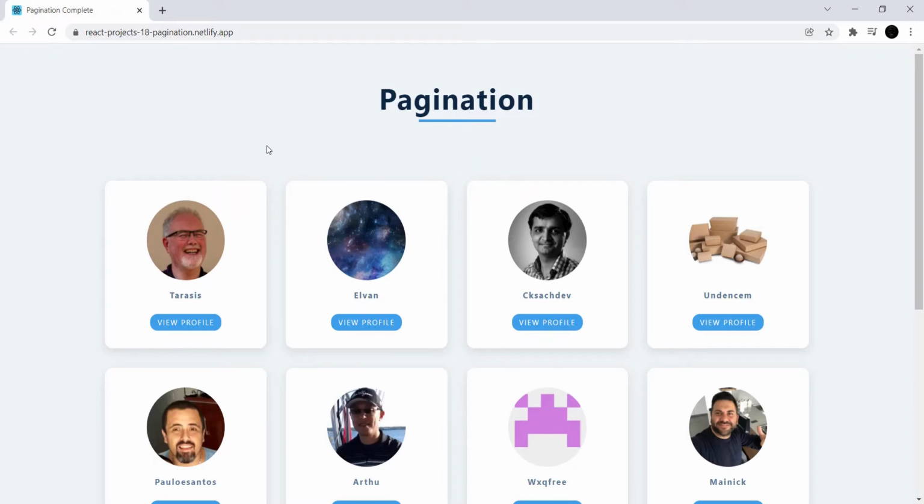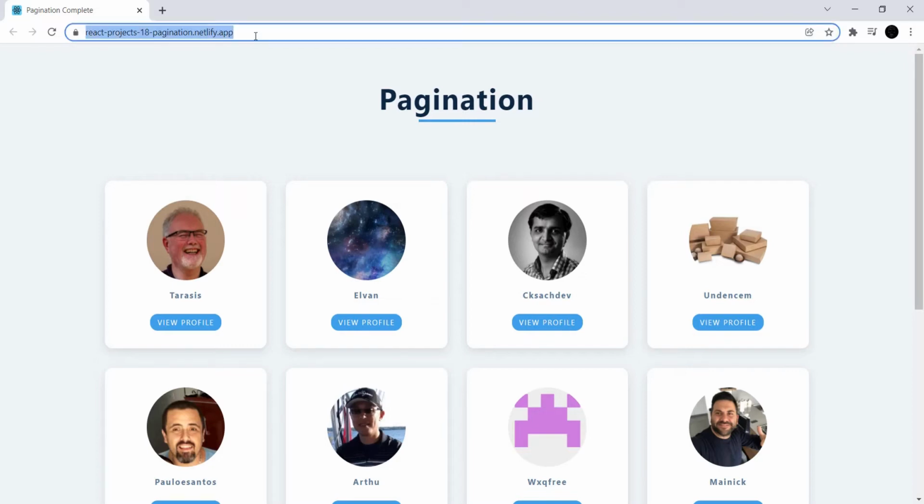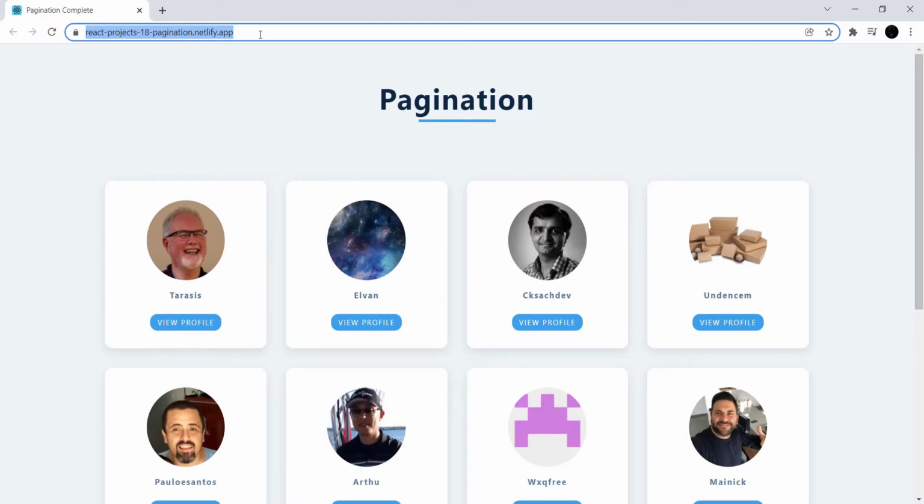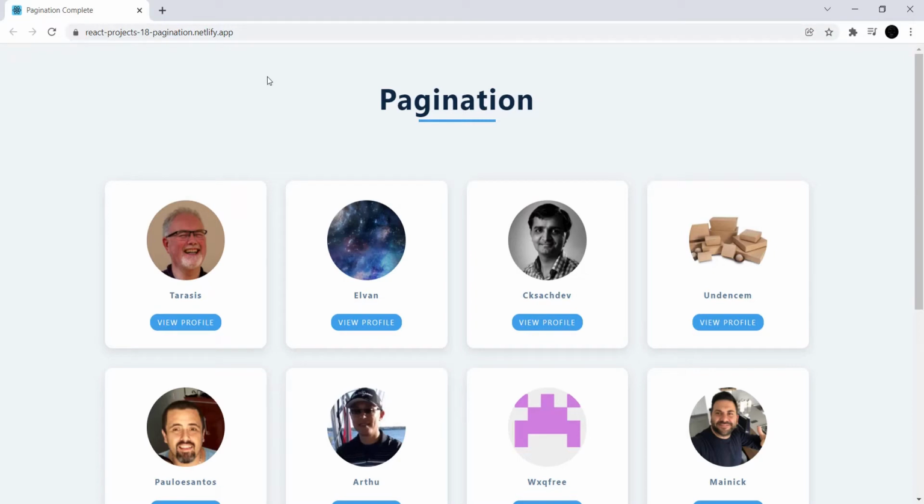So in this, what we'll see. Till now, we are showing the results in a single page, right? Or we make different links. Suppose I want to show different data on a second page, then I can just make an about page. Suppose I wanted to show something about my company, I'll make an about page for that. But things do not work like that. If I have 100 persons and I want to show all of them on a single page at the same time, I do not want that. So I use pagination,